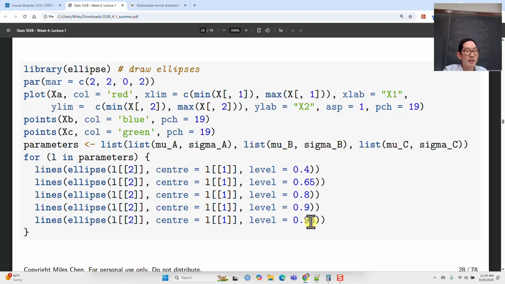It's like if you think about the normal distribution,